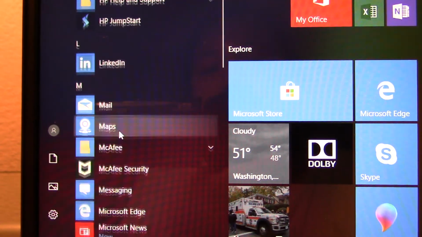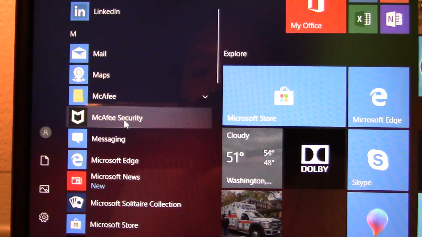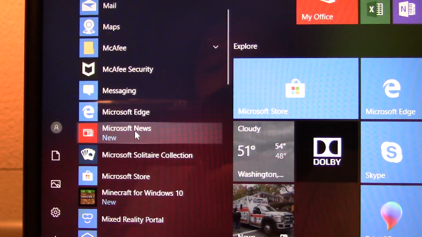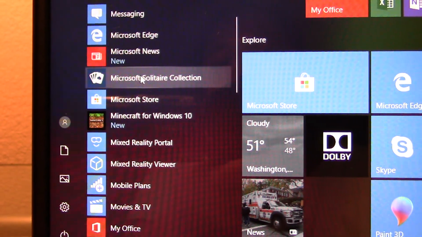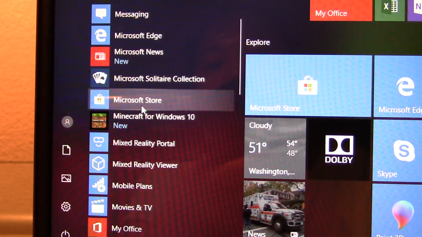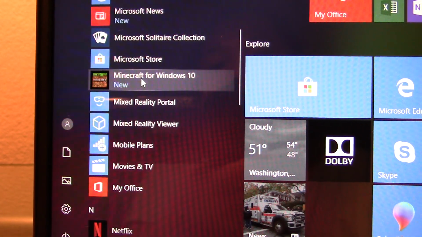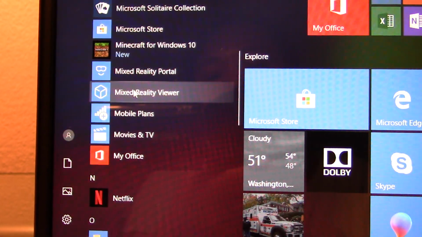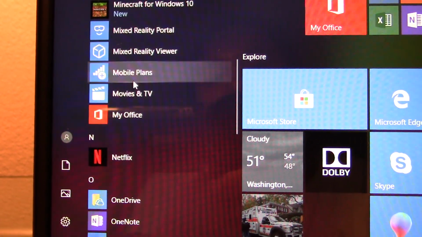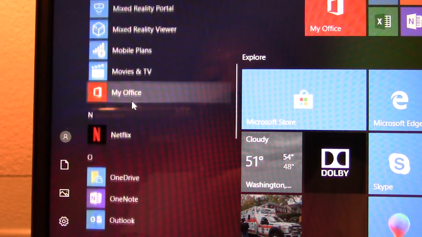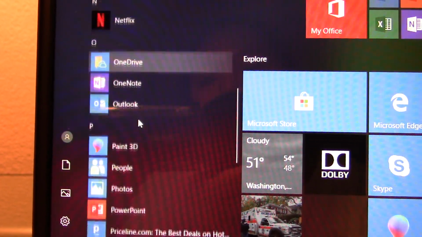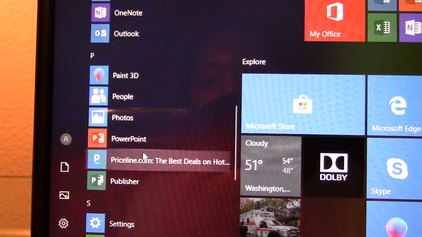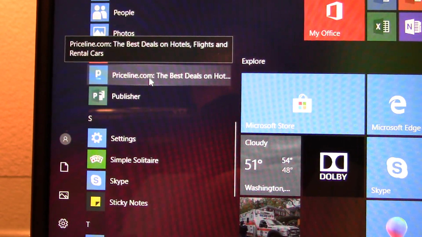Nintendo, mail, maps, McAfee security, messaging, Microsoft Edge, Microsoft News, Microsoft Solitaire Collection, Microsoft Store, Minecraft for Windows 10, Mixed Reality Portal, Mixed Reality Windows, mobile plans, movies and TV, My Office, Netflix, OneDrive, OneNote, Outlook, Paint 3D, People, Photos, PowerPoint, Priceline.com,